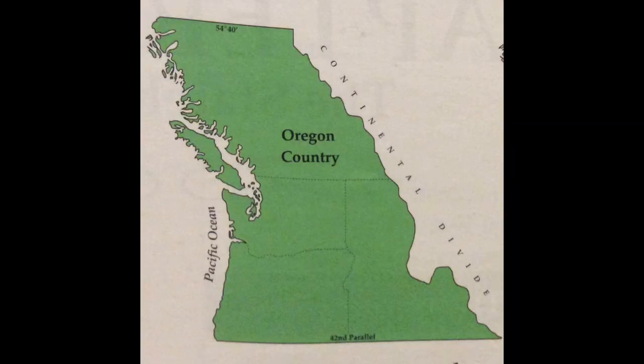So in 1827, Great Britain and the United States agree to a joint occupation of the Oregon country. And what that means is that for the entire area, going all the way up into British Columbia and down into modern-day Washington, Idaho, and Oregon, Great Britain and the United States will lay claim to that. And really, that's to keep other places from taking over this territory, especially Russia and Spain.